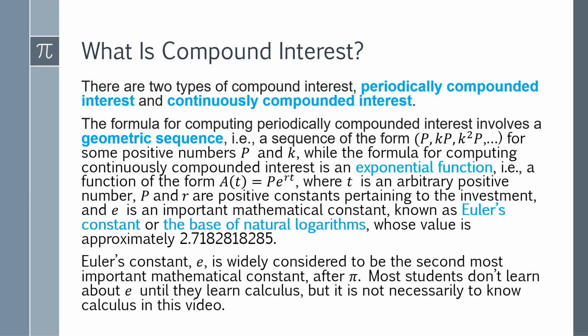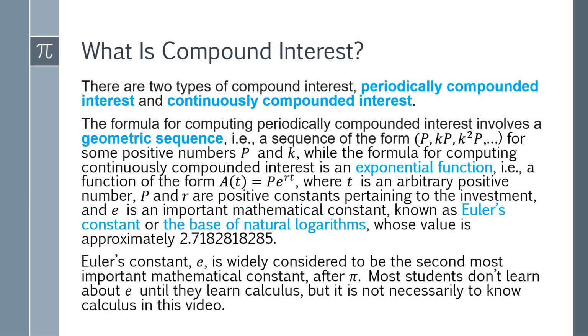The formula for computing periodically compounded interest involves a geometric sequence, i.e., a sequence of the form t, comma kp, comma k squared p, and so on for some positive numbers p and k, while the formula for computing continuously compounded interest is an exponential function, i.e., a function of the form a of t equals pe to the rt, where t is an arbitrary positive number, p and r positive constants pertaining to the investment, and E is an